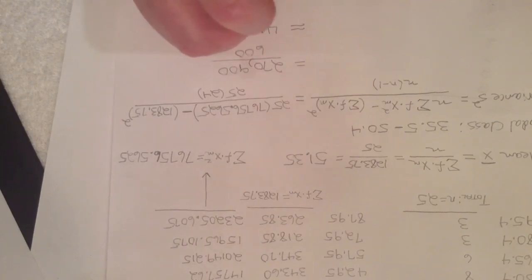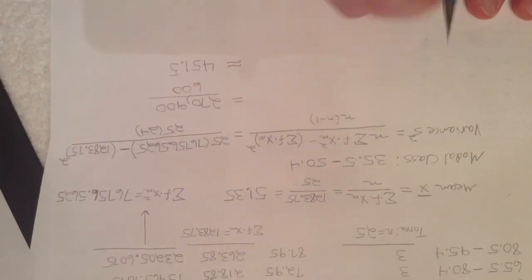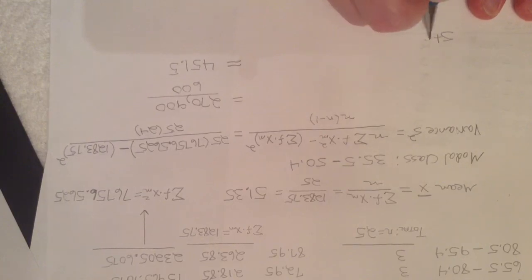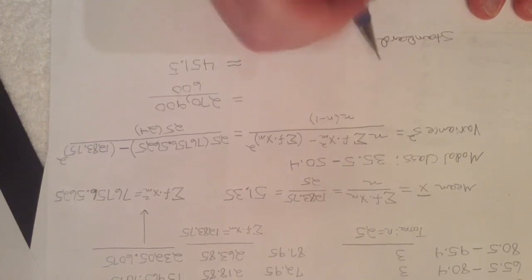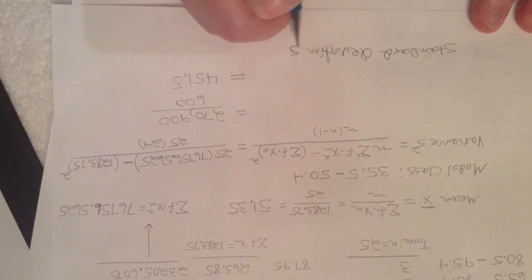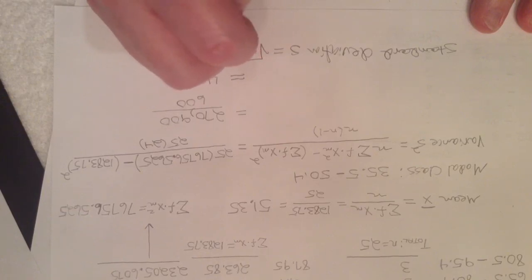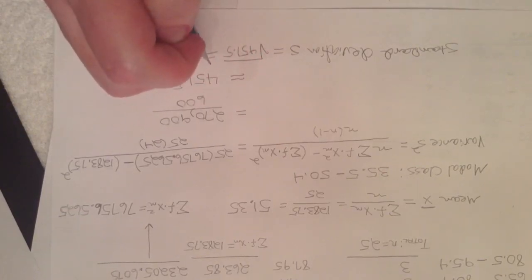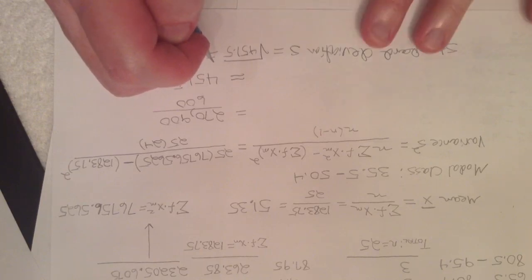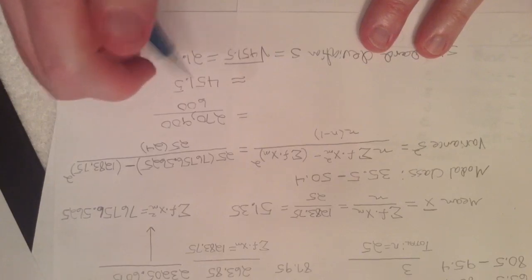And so for the ratio here, the variance is going to be 451.5, and thus the standard deviation is going to be the square root of this value. So for the sample standard deviation, S is going to be the square root of 451 and a half. And in this case, that is going to be about 21.2, or if you take it out to the nearest two decimal places, you have about